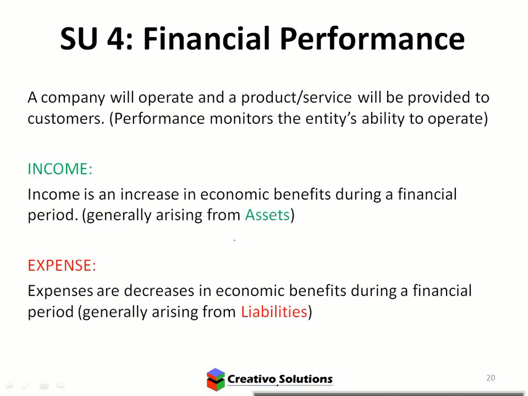Right, now we've got two more. You've got income and you've got expenses. So remember, how many elements do we have in total? Six. We saw them on one of the slides. You'll see them at the end all put together, and that's what you need to study. Right now we just need to identify what something is. So if I talk about land and buildings, we know it's an asset because it's a resource. If we talk about a loan, we know it's a liability because it's an obligation.